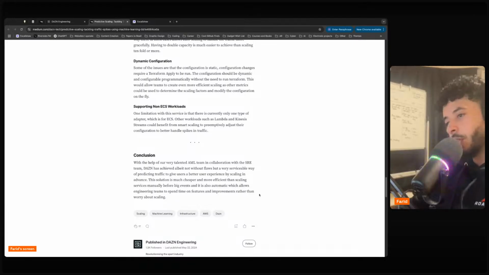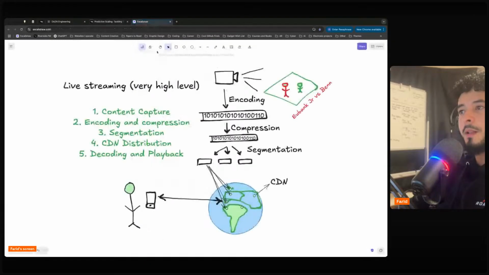Okay, cool. So I think I have a pretty good idea of what they're doing here. Using my handy diagram, I will try and explain how DAZN tries to predict scale. DAZN have a large training data set of how many concurrent viewers were at previous events. Using this, they are able to predict how many concurrent viewers are going to be on their next live stream. Let me give you an example.